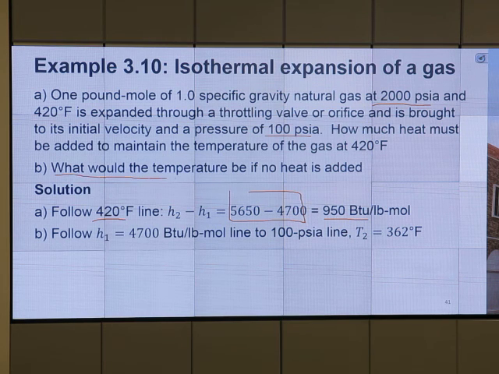Question B, what would be the temperature if no heat is added? If we don't add any heat during the choking process, you just move constant